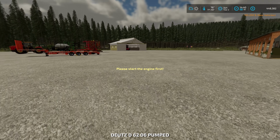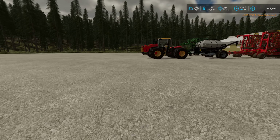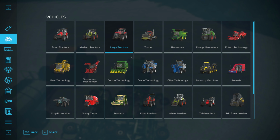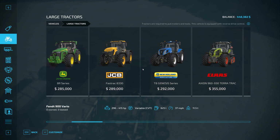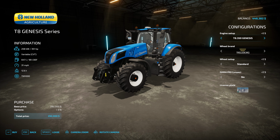Do I want to do this now? Which is sell the John Deere and get ourselves, how much is the T8 New Holland tractor? The Genesis? Yeah, I don't think I want the tracked one. If I even got that on here. The Genesis, and of course if I go with the 435,